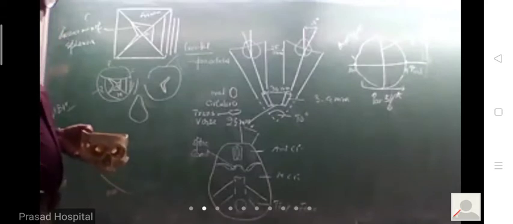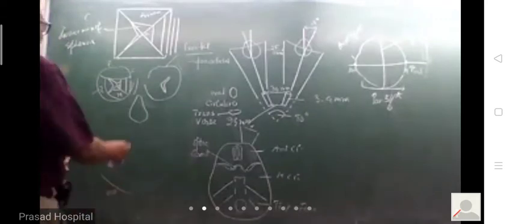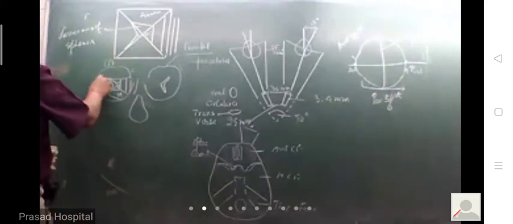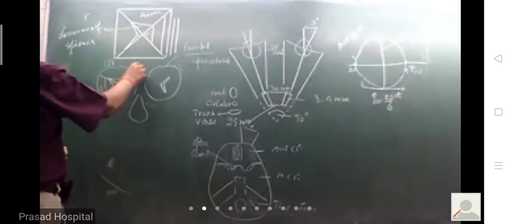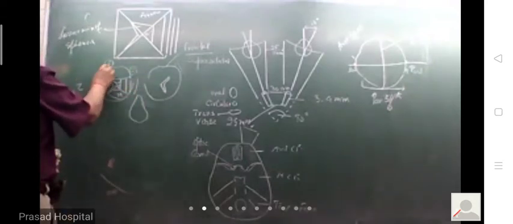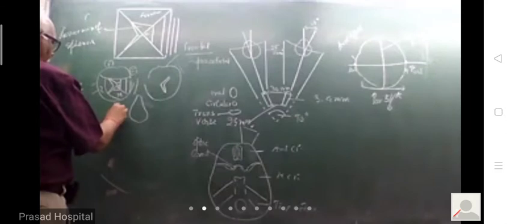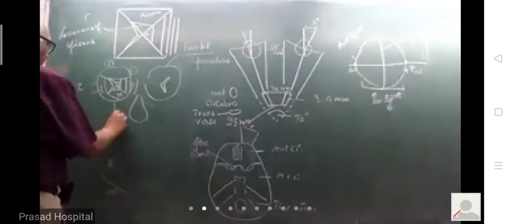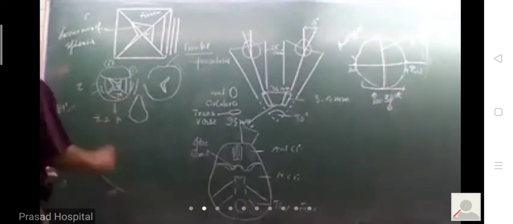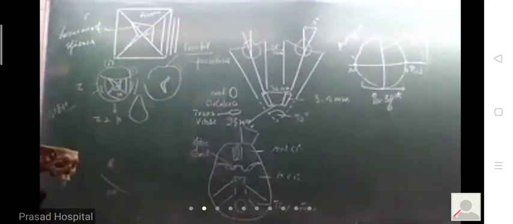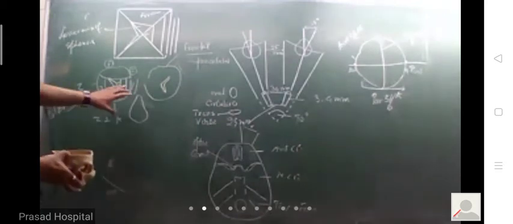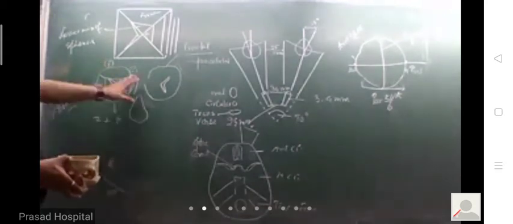What you will find is that the superior orbital margin is formed by frontal, the medial margin is by frontal and maxilla, the lateral boundary is formed by zygomatic and frontal, and the inferior boundary is formed by maxilla and zygomatic. So that is the orbital margin, or the base.